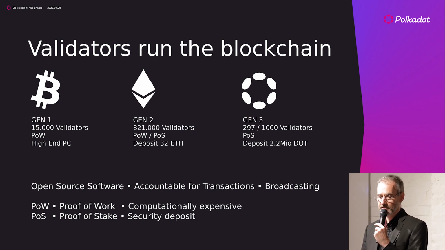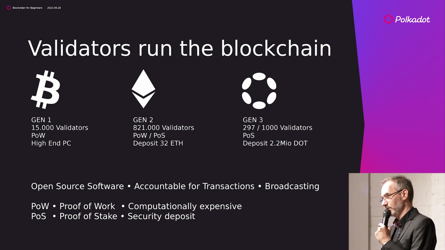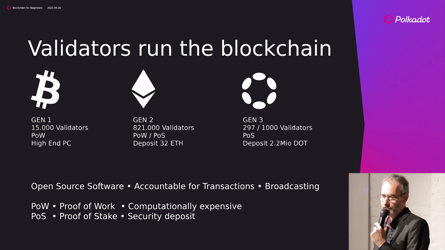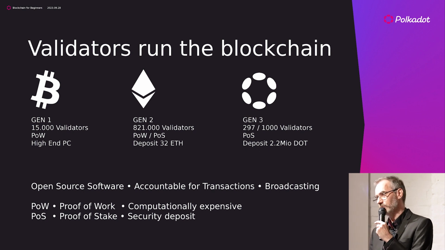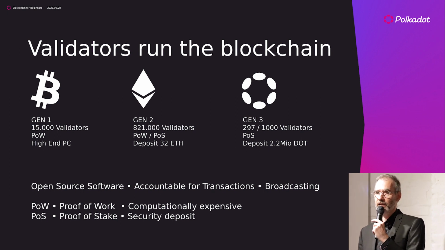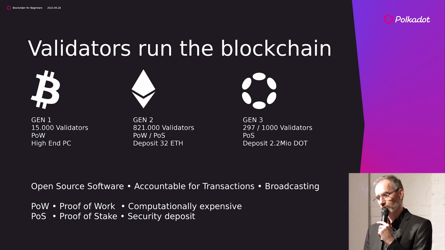Basically all the validators run open source software that everyone can download, so everyone could become a validator. In the case of Polkadot and Ethereum, that's often shared security. So the validators say, okay, who else wants to give me their Ethereum, their DOT, to help me secure? So I give 500,000, who else gives the rest? That's often called nominating, and profit is shared. Proof of stake is based on a security deposit to keep them on the right track.